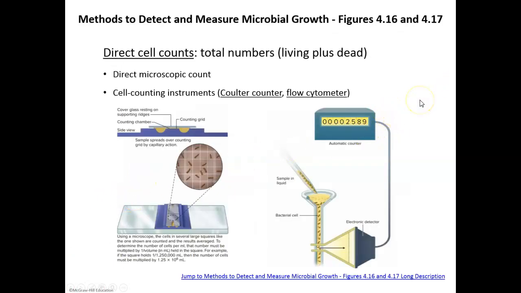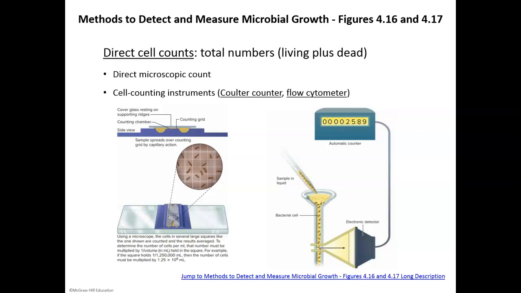So the last thing we're going to go through is how we can detect growth of microbes. There are multiple ways that we can detect growth. I'm going to quickly go through these. One way, which is relatively simple but doesn't only detect living cells, is direct cell count. This counts the number of cells that are living and the number of cells that are dead